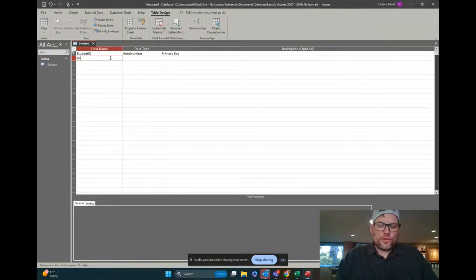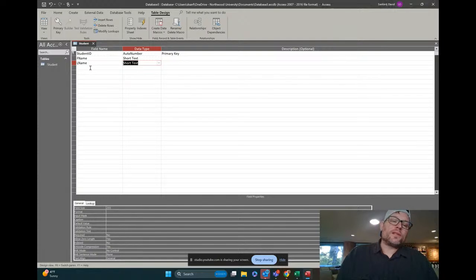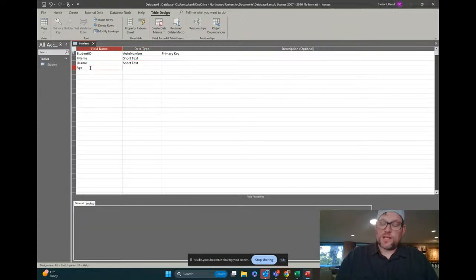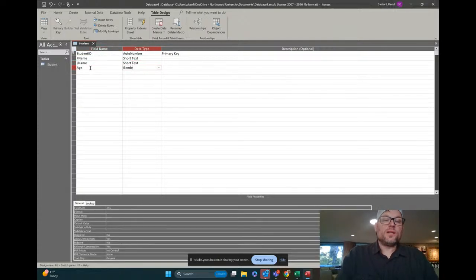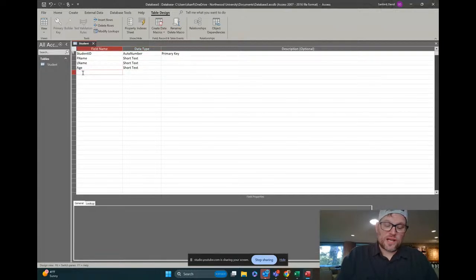Then you include the fields that describe the entity. So maybe age is in there, maybe gender is in there. Okay. You can add fields later. What we really need is we need our primary keys and our foreign keys to create the